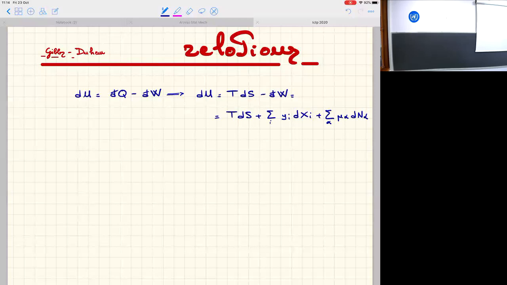So these are the generalized forces and generalized